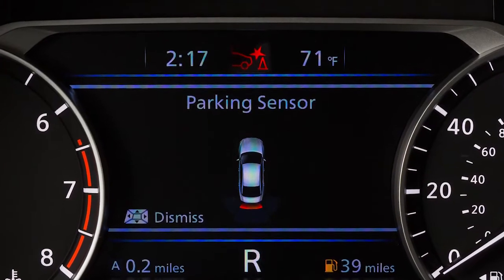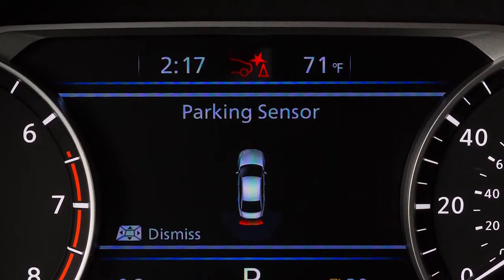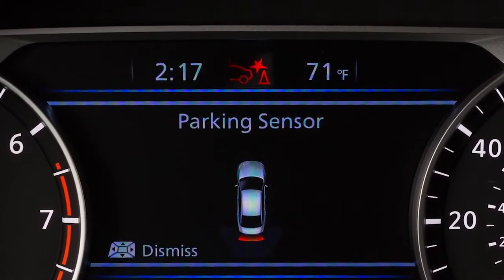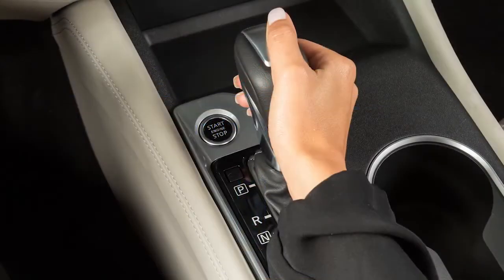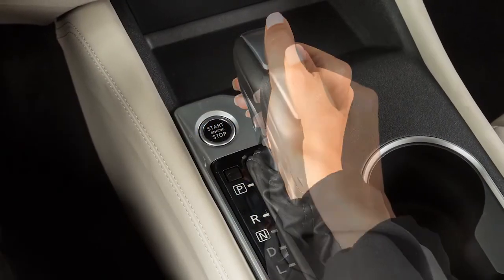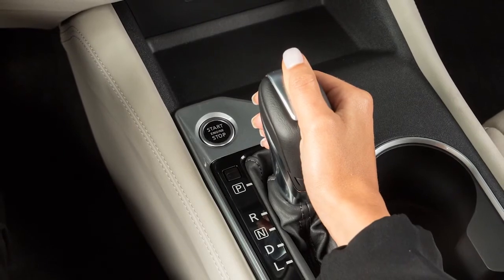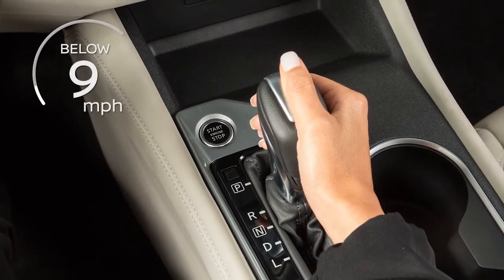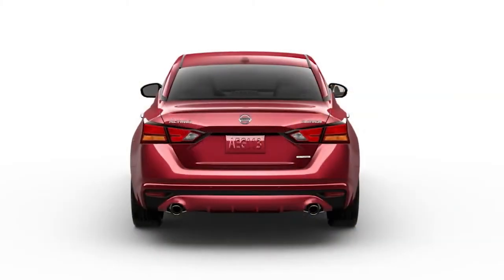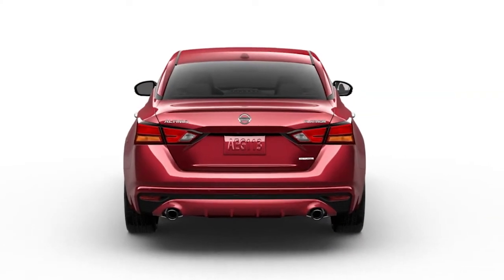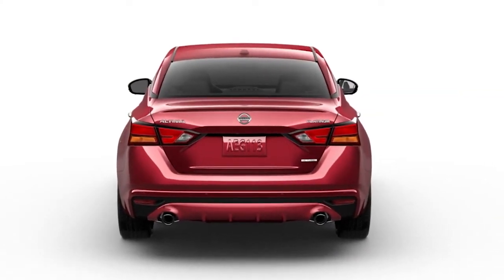The rear automatic braking, or RAB system, can assist the driver when the vehicle is backing up. RAB operates when the shift lever is in the reverse position and the vehicle speed is less than approximately 9 miles per hour. If a risk of a collision with an obstacle is detected when your vehicle is backing up,